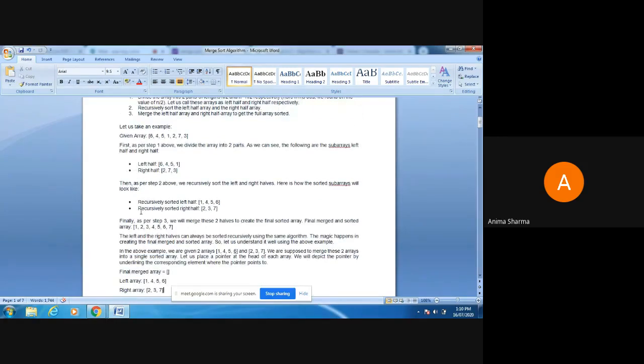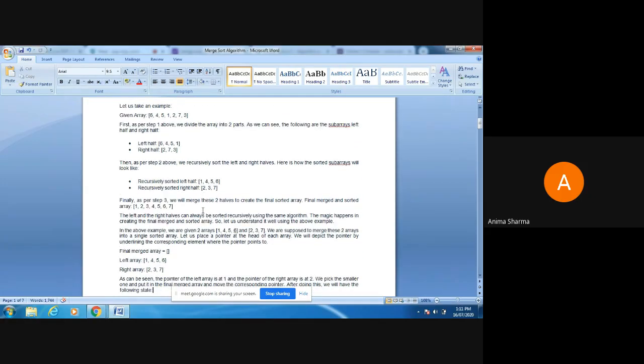After applying the second step, that is recursively sorting the left and right subarrays, we get the left subpart as 1, 4, 5, 6 and the right subpart as 2, 3, 7. And finally, we merge these two subarrays and we get the final sorted array, that is 1, 2, 3, 4, 5, 6 and 7.